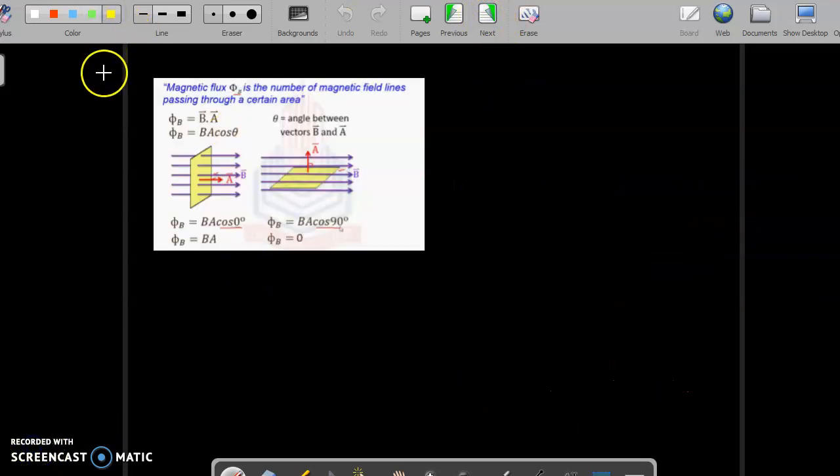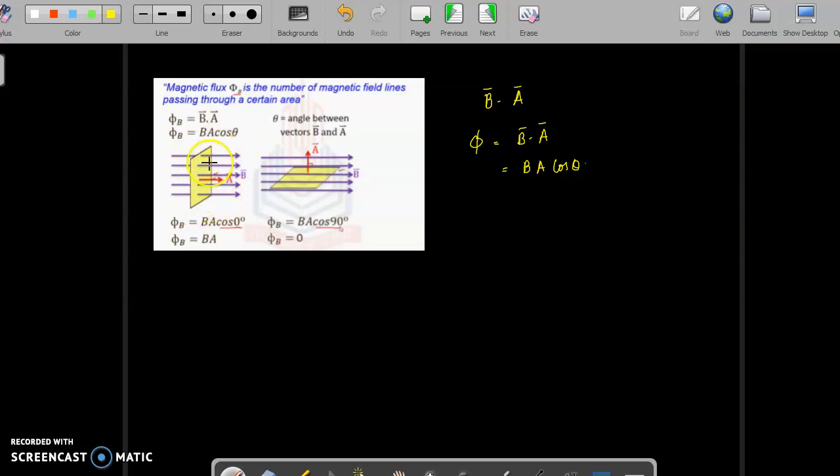In other words, we can write down the magnetic flux through an area as a dot product of magnetic flux density and area. So B is the flux density and A is the area, and with the dot product, the magnetic flux is B dot A, that is the absolute value of B and absolute value of A times cos theta. Cos theta is the angle made by the magnetic lines of force with the normal to the surface of this area.